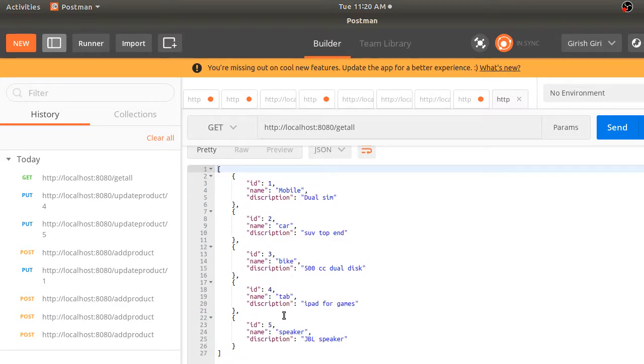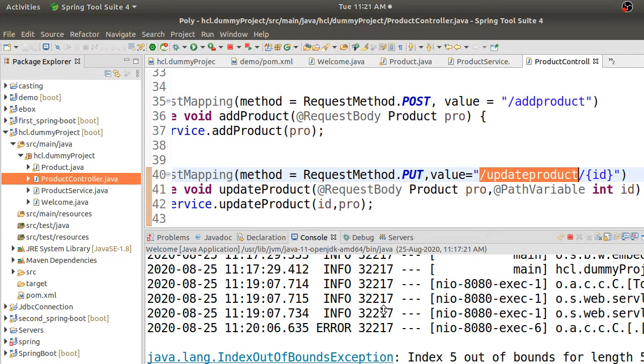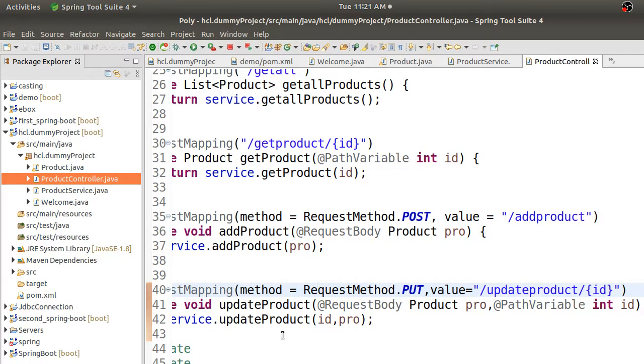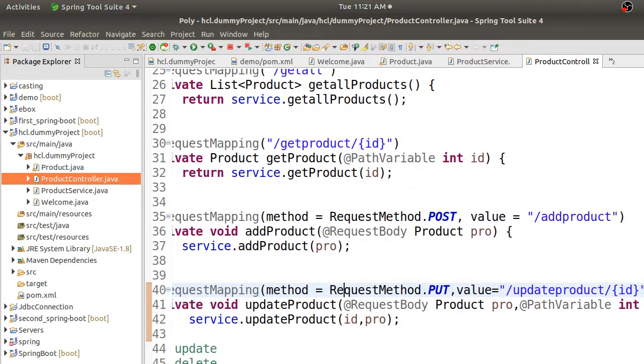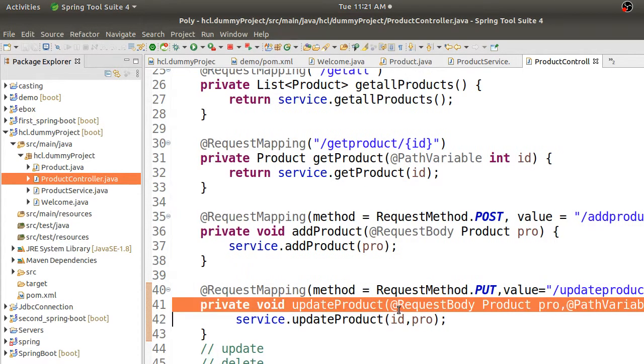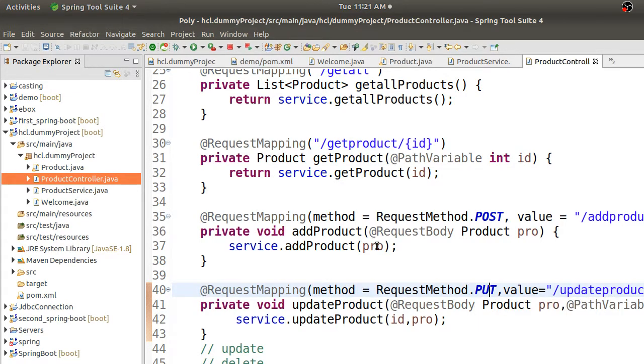So I think it is not getting updated. What actually happens is the update method will update the already present details. It will update the already present detail with the new request body that you are giving, right? So it will update that value. Okay, so the next thing is delete. I think delete is familiar, right? Instead of this request method dot put, you will use dot delete. So that is the only change that we are going to do.